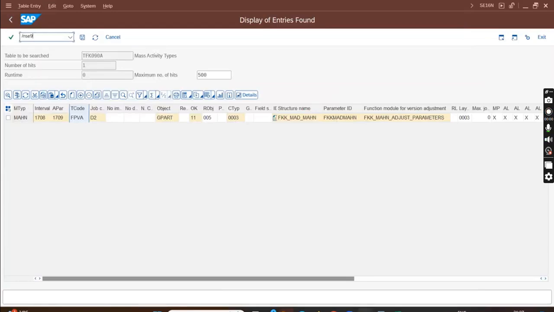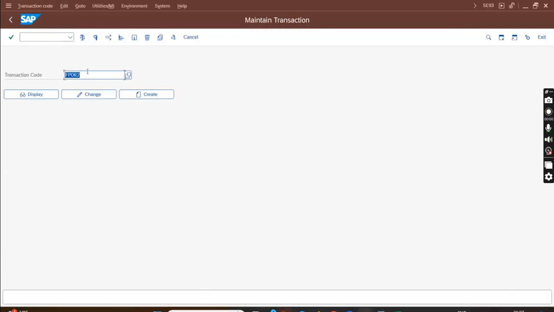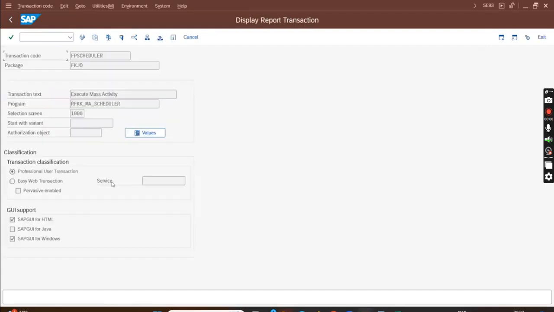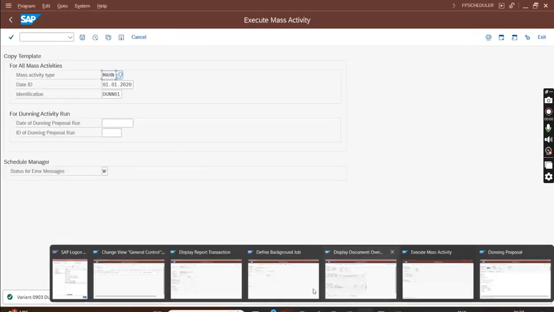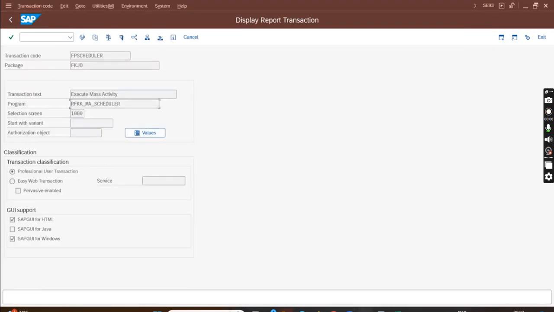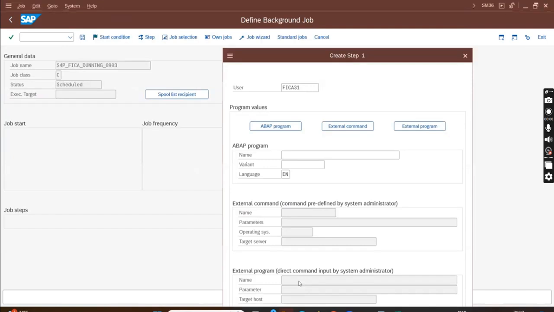Go to AC93, enter FP scheduler, click on display, and here is the program RFK mass scheduler. Enter the program name RFK mass scheduler